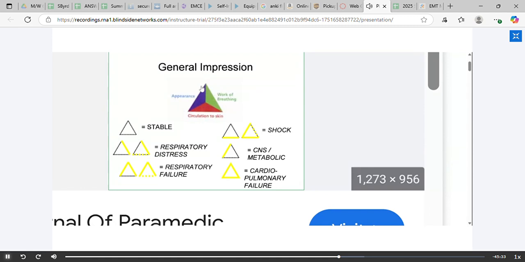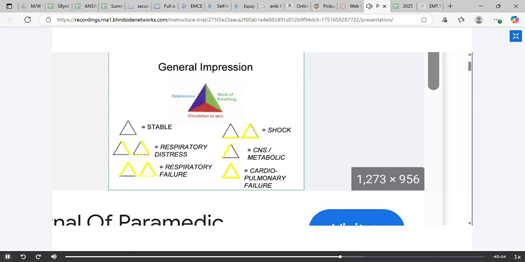On one side, we've got the appearance. On another, we have the work of breathing, and another we have circulation. Okay. So that should look familiar to you, right? As things that we look at from that initial view from the door. But this is something that we absolutely use with all of our pediatric patients, because sometimes they can't communicate as well as adults, right? They can't use their words sometimes. So we have to really rely upon how do they look, really rely upon the signs that they're showing us,